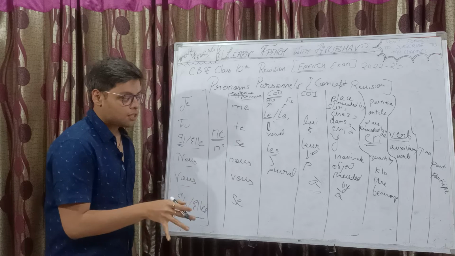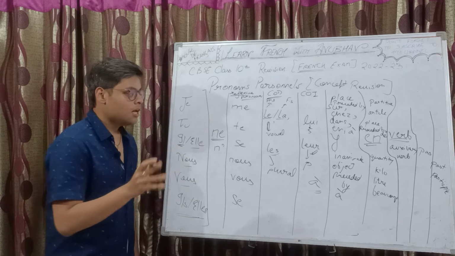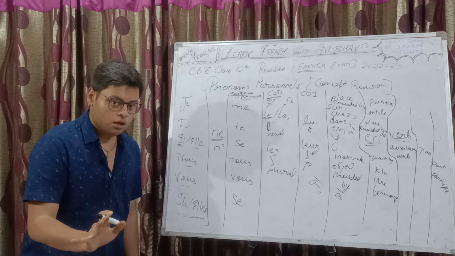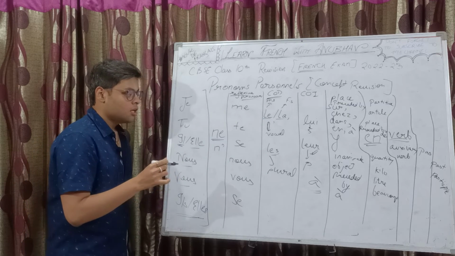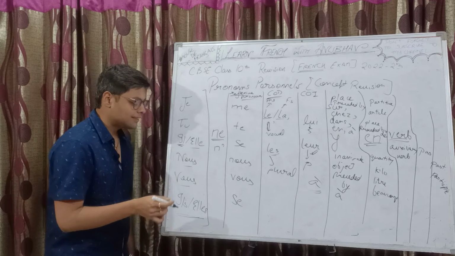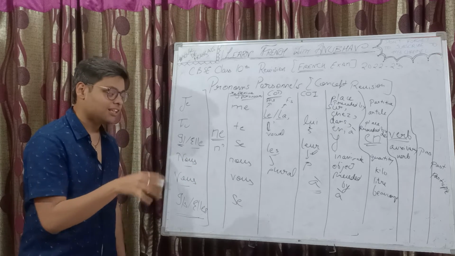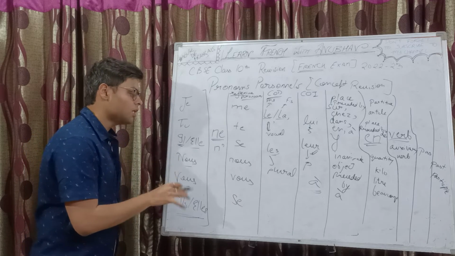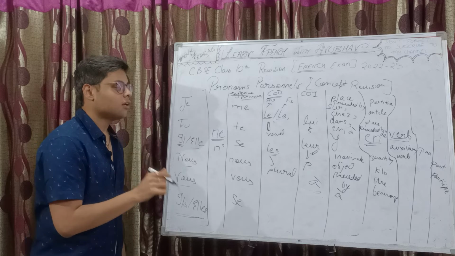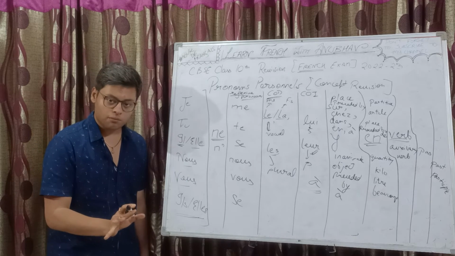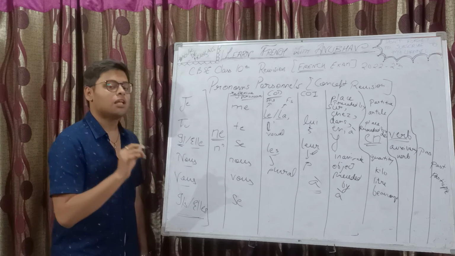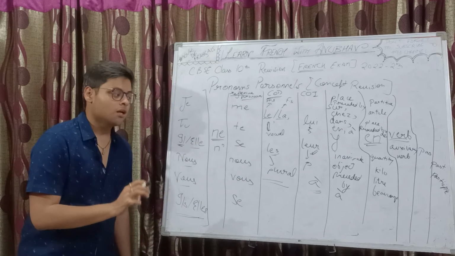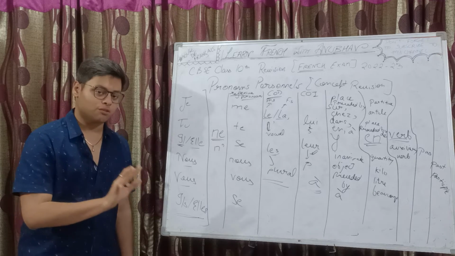Now, that subject-verb agreement will be followed in two cases. If the auxiliary verb is être, we are going to follow it always, undoubtedly. For instance, if the subject is masculine singular, then no change. If masculine plural, then s is added to the past participle. If feminine plural, then es is added. And if feminine singular, then only e is added to the past participle. This is done always when the auxiliary verb is être. And when the auxiliary verb is avoir, if we have a COD pronoun, a direct object pronoun, in front, then we will do this subject-verb agreement, otherwise not.